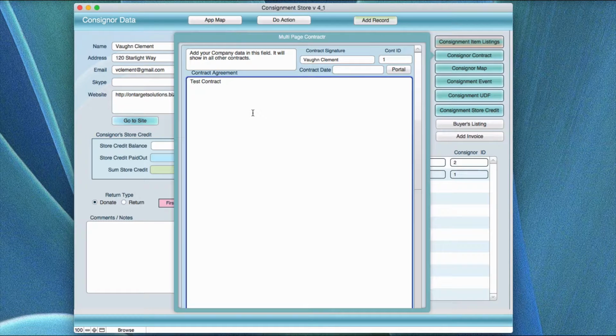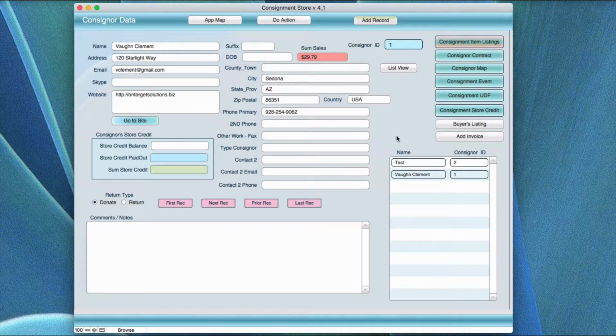If you don't have a contract with their signature on it, they can come back to bite you. So let's go ahead and do contracts. And the same thing goes with the rest of the application. I'm going to point out some things about the